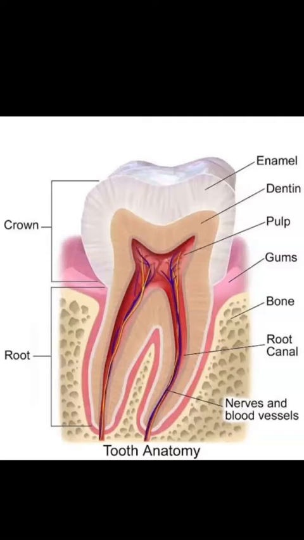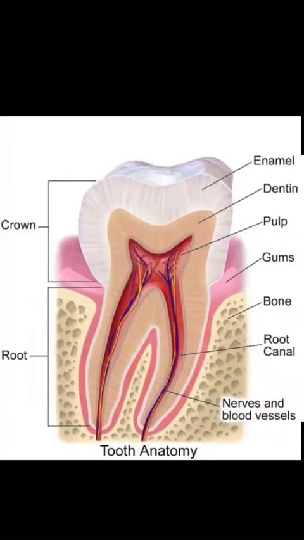If there is remaining dentin thickness, then we can protect the pulp. But if the pulp is irritated or damaged, then we can't protect the pulp. In this situation we have to do root canal therapy. Root canal treatment is very important if the pulp is totally damaged and irritated, and in that situation we can't use pulp protection. We have to use only root canal treatment.